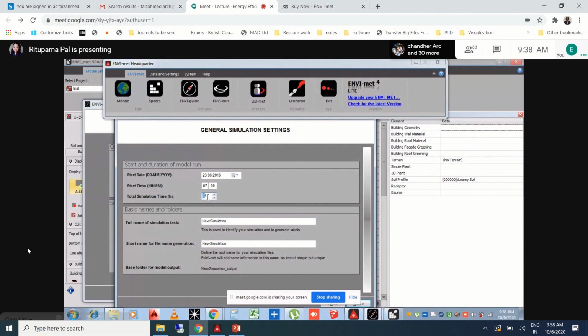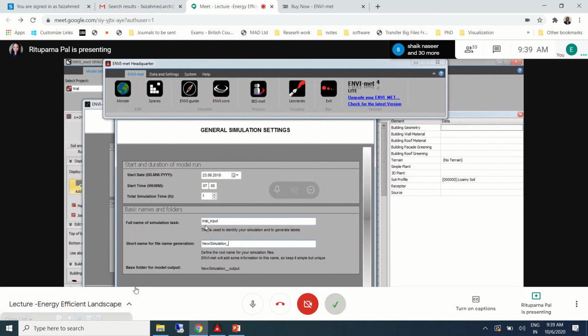So we just change the simulation time to 1 hour and we rename the simulation file as trial, then an underscore, and we put input as the name. And for the short name for the file name generation, new simulation is already there, we put an underscore and we put the name of the project, that is trial.